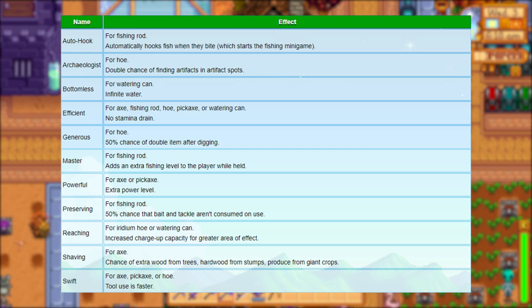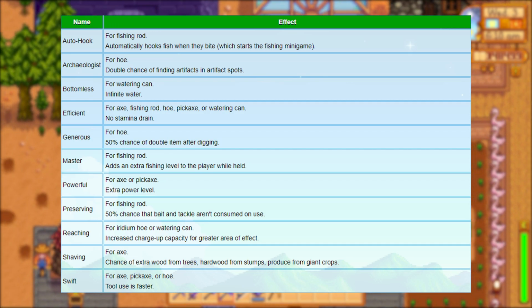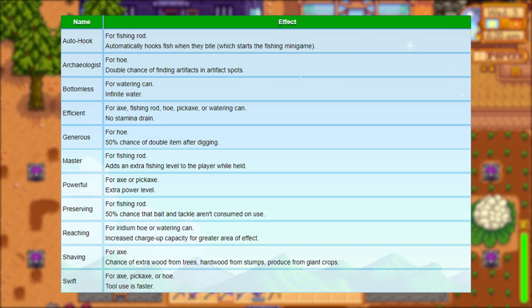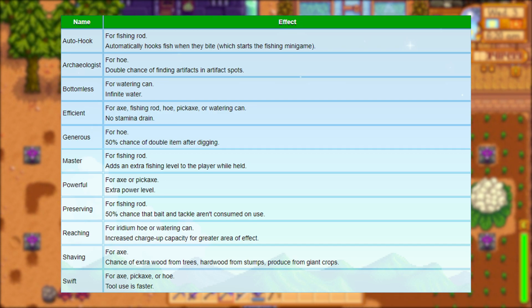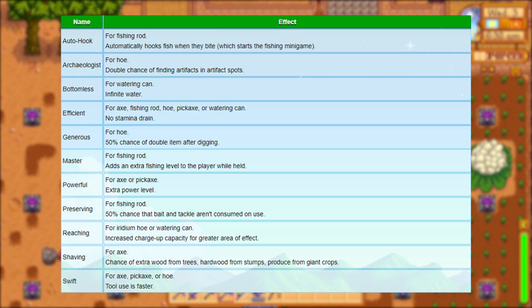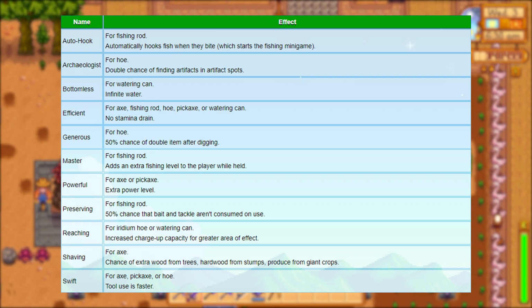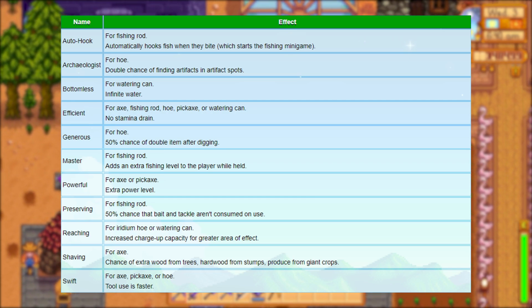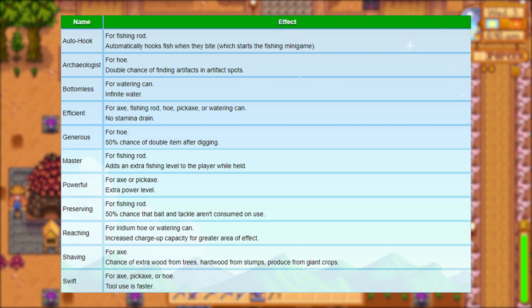Archaeologist is for the hoe, and it provides a double chance of finding artifacts in artifact spots instead of trash like stone or clay. Bottomless is for the watering can, and it gives the can infinite water, which can be particularly useful on the new beach map. Efficient is for the axe, fishing rod, hoe, pickaxe, or watering can, and it prevents the tool from draining your stamina when used. Generous is for the hoe, and it provides a 50% chance of receiving a double item from